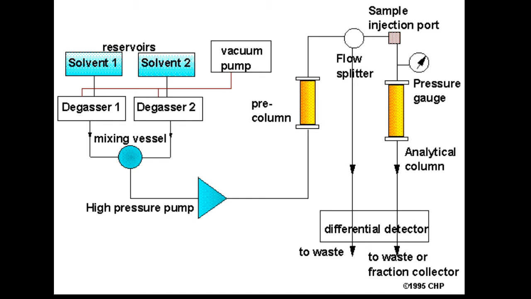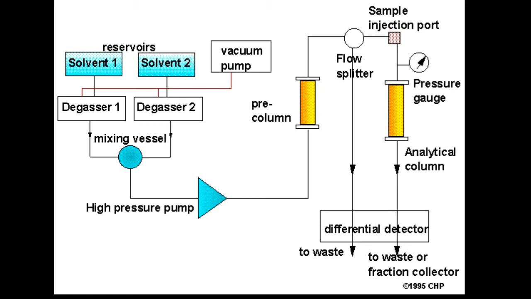Now after the pressure pump, it goes to the pre-column. It is also called a guard column. It is used to saturate the mobile phase with the stationary phase. The pre-column has the same composition as the analytical column, only the particle size is larger compared to the analytical column. If the pre-column gets saturated, then we can discard it and replace it with a new column. So overall, it can be said that a guard column is sacrificed for the analytical column.